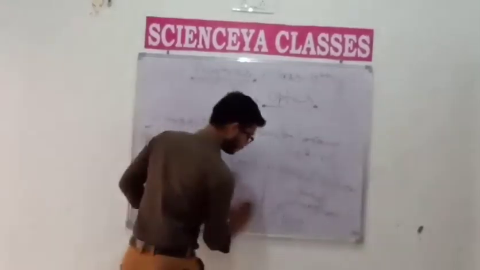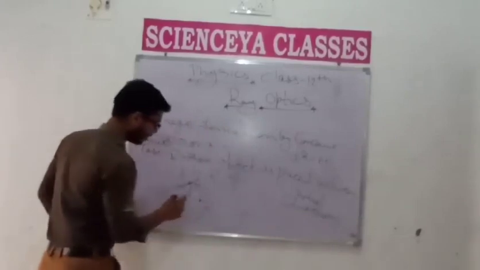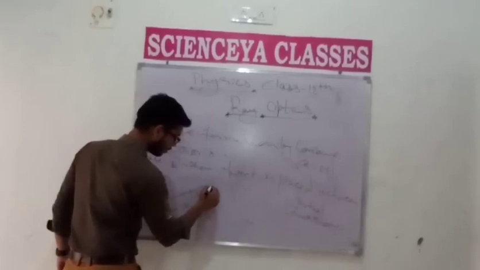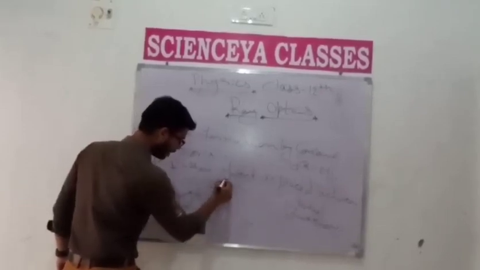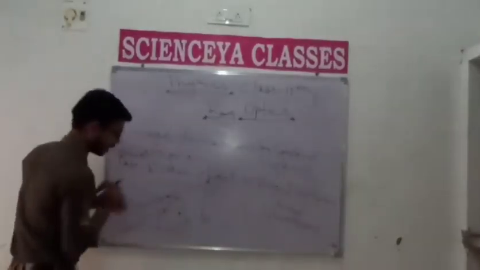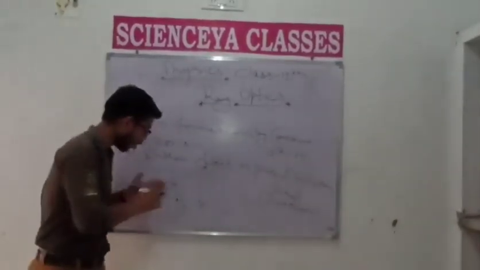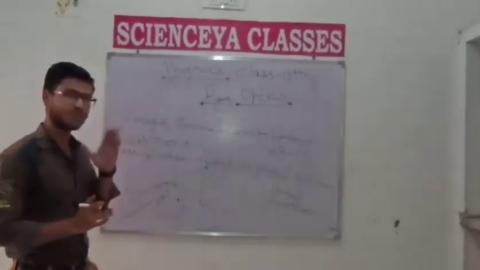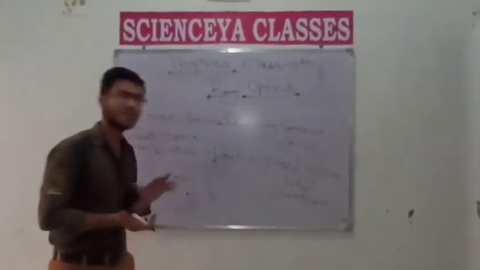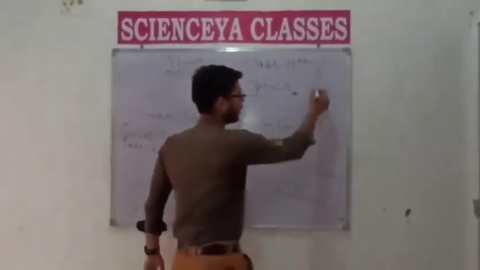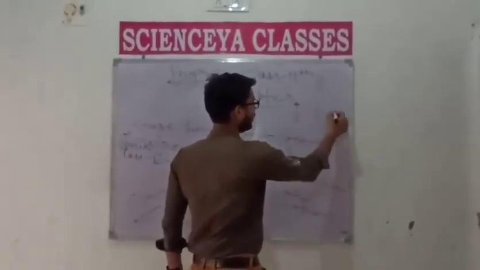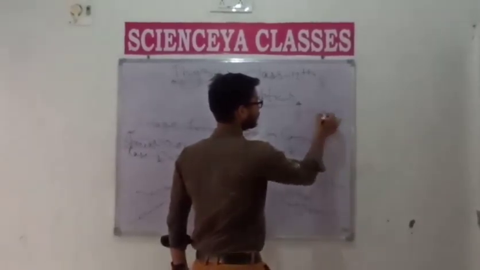Student, here is how we draw the image: these two rays meet each other backward of the concave mirror, and suppose this is the image of this object. Student, note down that all images formed in the previous cases are real, but this image is the same as in a plane mirror, because if we stand in front of a plane mirror, our image is formed virtual.